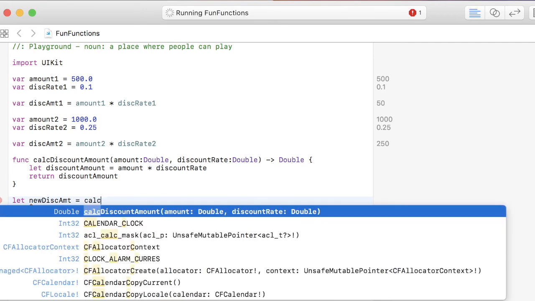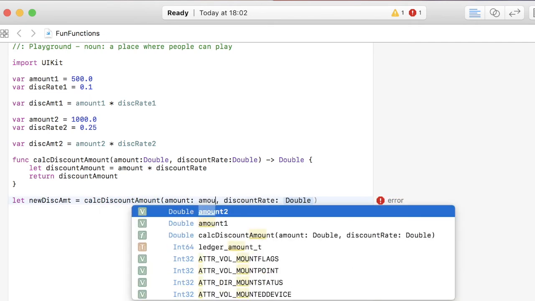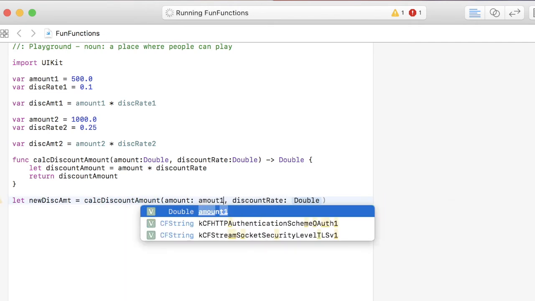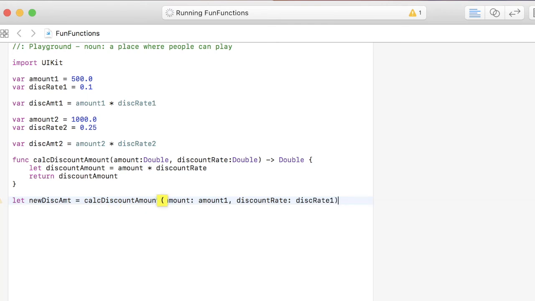You can see that the function is already being suggested. And as our parameters for this function, let's use amount 1 and discount rate 1. So we can just key in directly amount 1, discount rate 1. So what happens now? You can see on the right side that 50